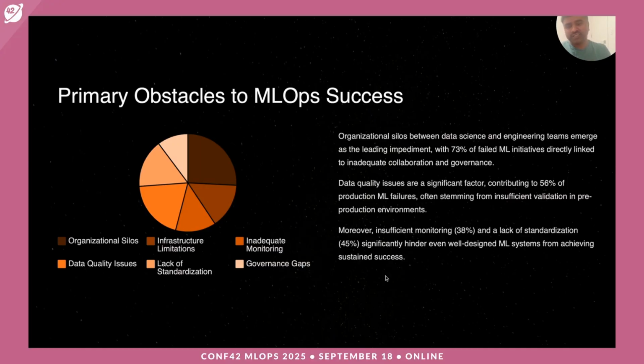There are other limitations we can think of. Infrastructure is not strong enough, not built for what we want to serve for customers, and also not having enough monitoring. If we don't have monitoring, we don't know what's going on, right? So it's extremely important to have robust monitoring. Again, data quality issues, mostly similar. I think garbage in, garbage out. Having really quality data to train on or build those models is also an extremely important aspect of it.